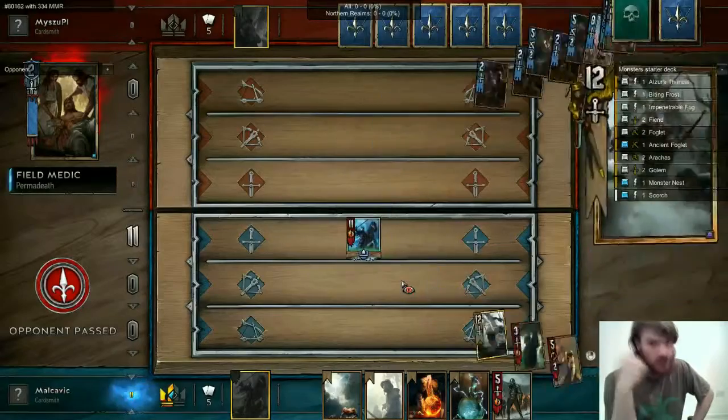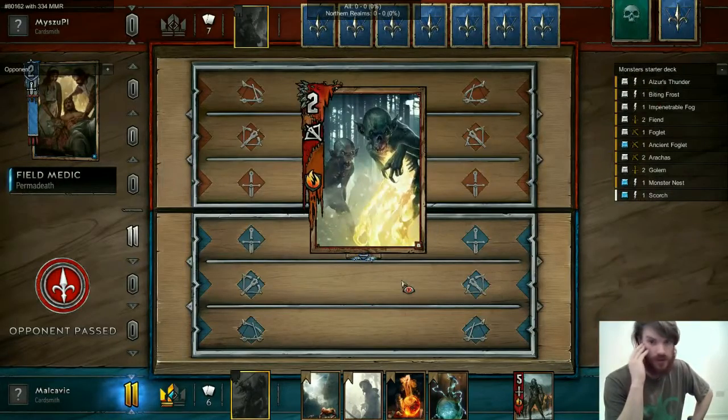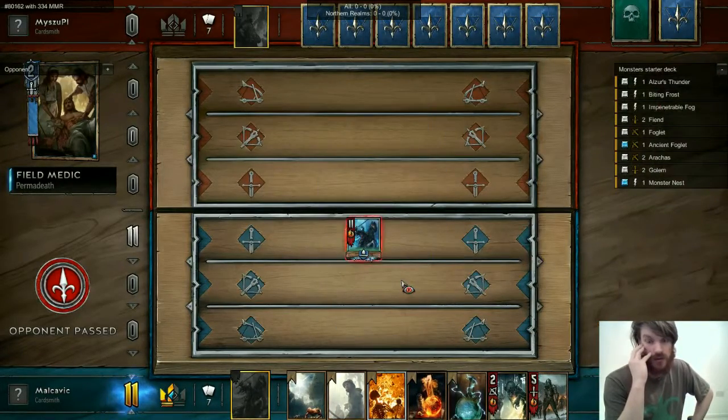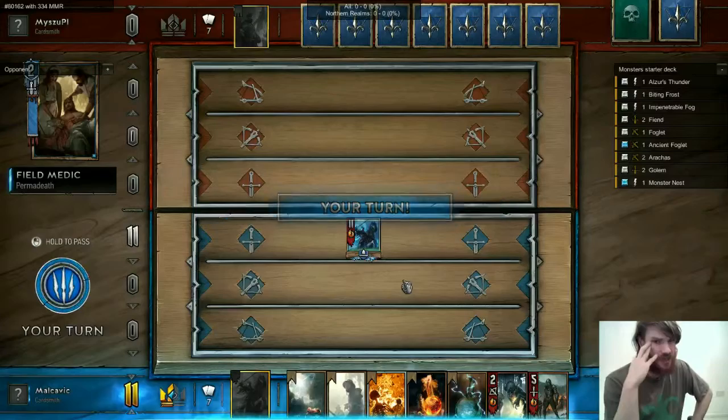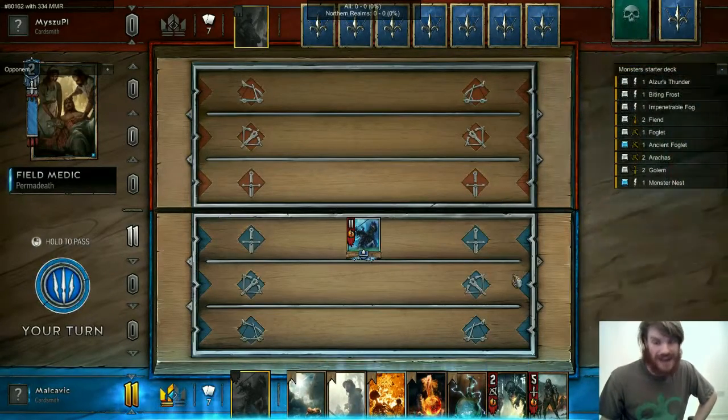And we get the best option for us, which is Eridan. I'm happy with the one true king, Eridan. We get Scorch, we get a Foglet, which isn't great because playing Impenetrable Fog would pull the Foglet out of our deck anyway. We have to go first, so I am going to...